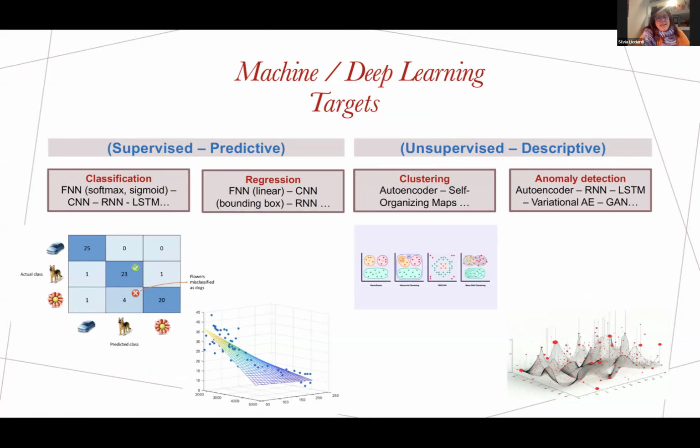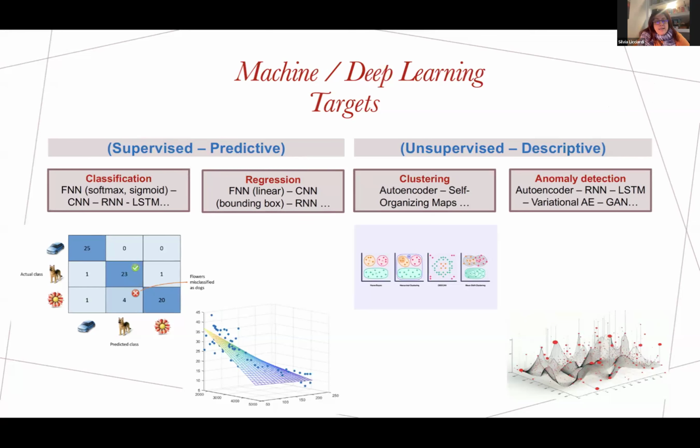In unsupervised, instead, we have data, but we still don't know the label of the data, the kind of data. According to this, we can obtain different targets. Supervised is especially used for predictive tasks, for example classification of data, regression, or forecasting. Unsupervised is used for clustering, creating groups according to similar characteristics of data that we still don't know, or for anomaly detection. For example, we have signals and we want to identify an anomaly or outlier in these signals.